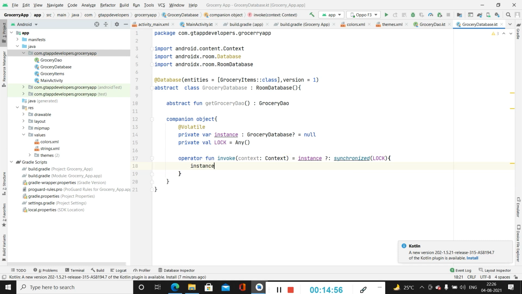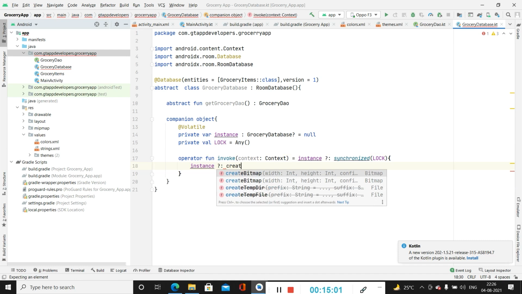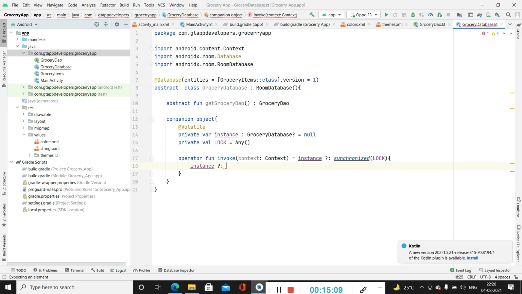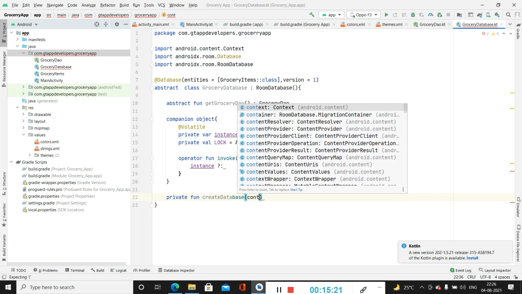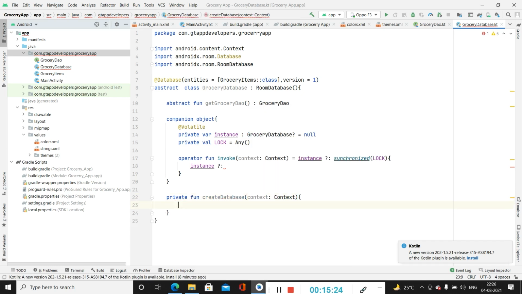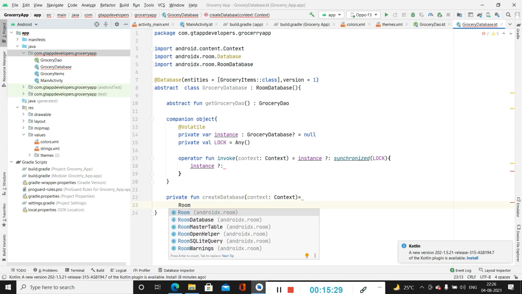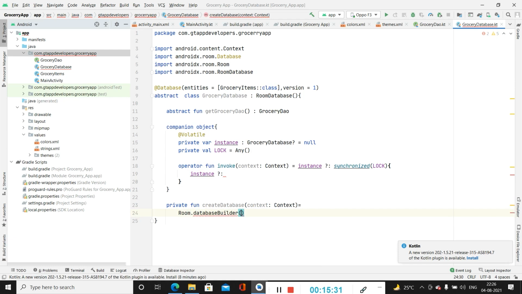Now inside this we will be initializing our instance as, we will be creating a method as create database, and we will be using it here. So firstly we will create one more function, that is create database, inside which we will be passing our context. And then we will be calling Room.databaseBuilder.